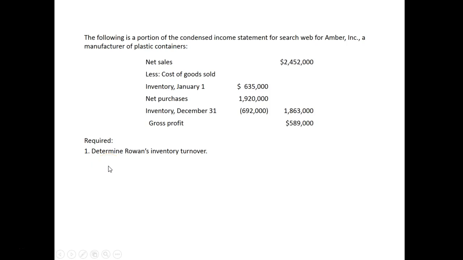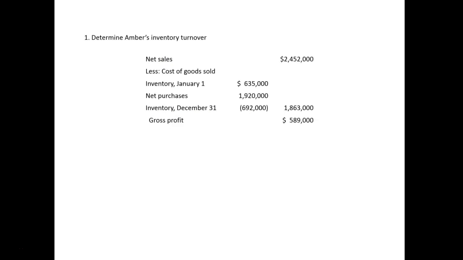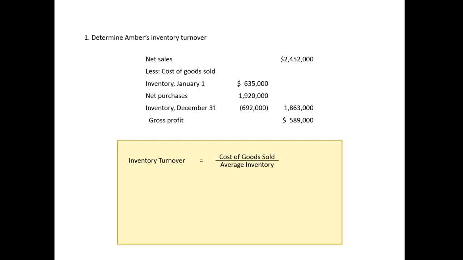So let's look at some ratios. The following is a portion of the condensed income statement for Rowan Inc., a manufacturer of plastic containers. We're supposed to determine Rowan's inventory turnover. So the way we'll do this is we take the cost of goods sold, divide that by our average inventory. Our average inventory will be the beginning inventory plus the ending inventory divided by 2. So we take our inventory on January 1st plus our inventory on December 31st, divide that by 2,